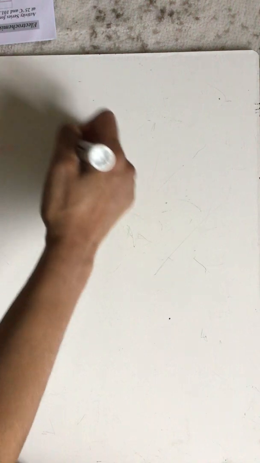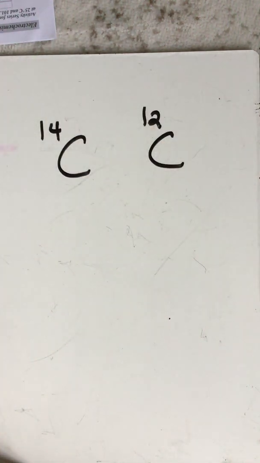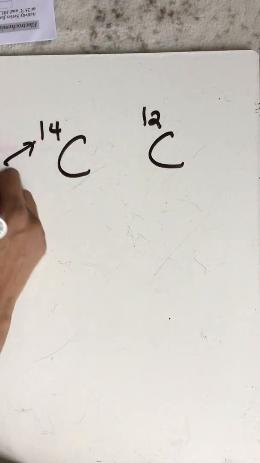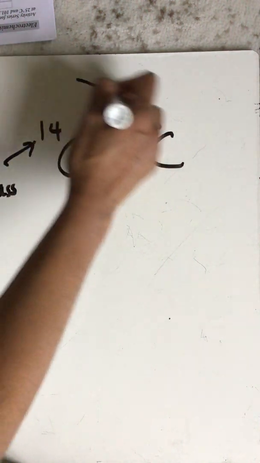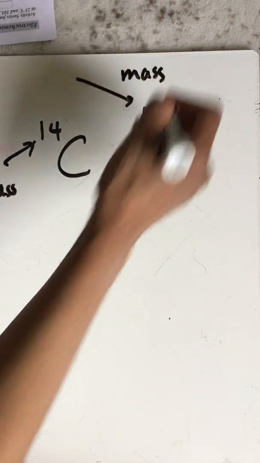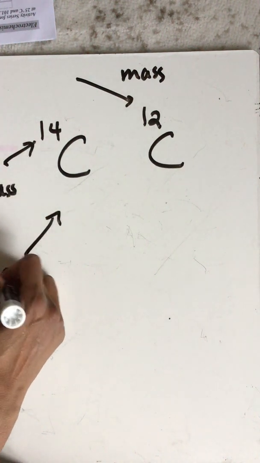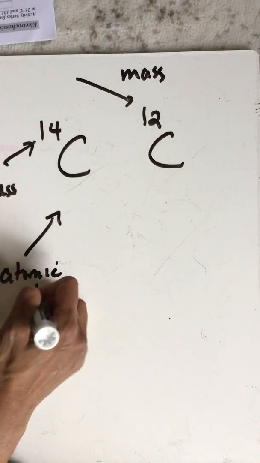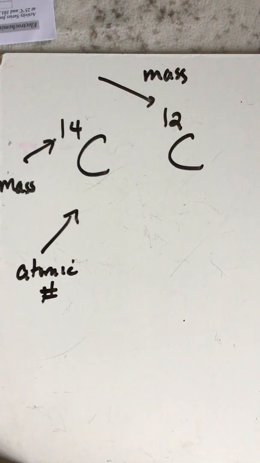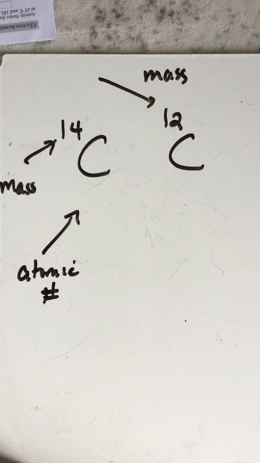So I'll just recap your memory. You could have carbon-14 and carbon-12, okay? The number on the top just represents the mass. So this is the mass, this is the mass. And then the number on the bottom represents the atomic number. And the atomic number is just the number of protons, okay? So, for example,